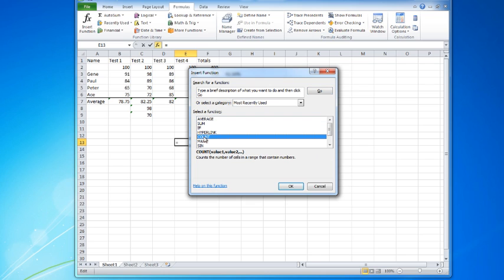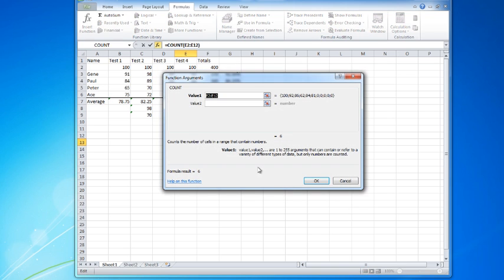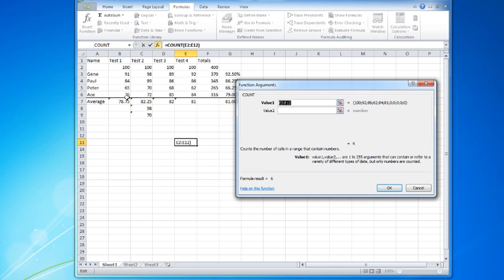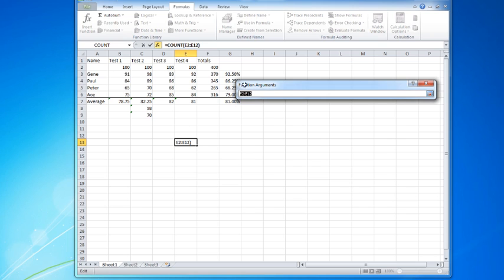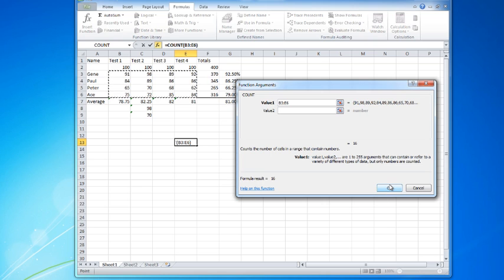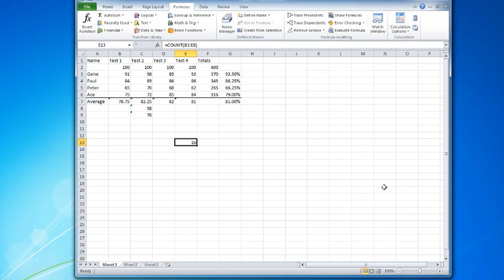What this does is it counts, and you'll see it gives you a little description, counts the number of cells in a range that contain numbers. It doesn't count the numbers inside the cell, it just counts the number of cells. So if I click OK, and I choose the value, I can click my little arrow here, and I can choose from here to here. Okay, come back. I have 16 cells. Well, if we look 4 by 4, 16 cells,